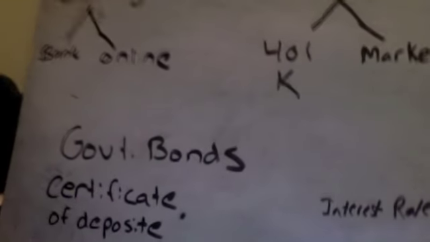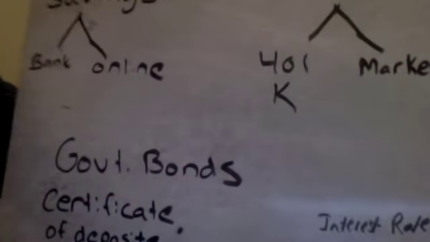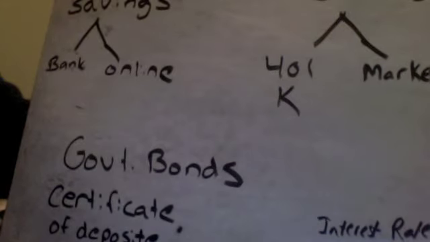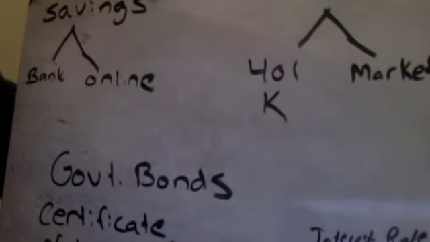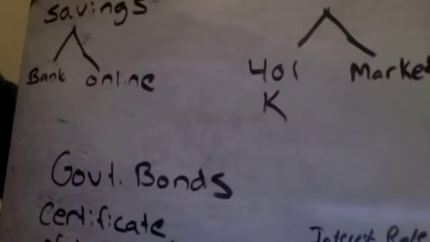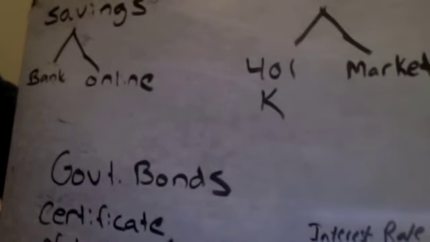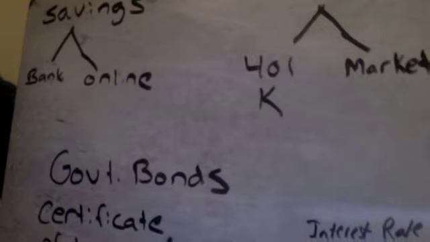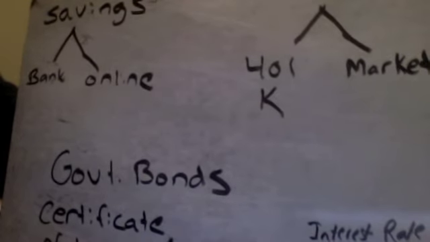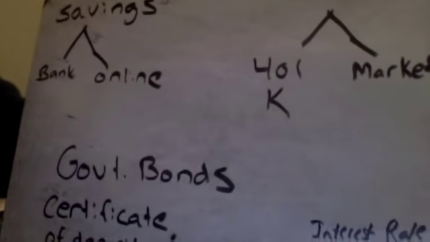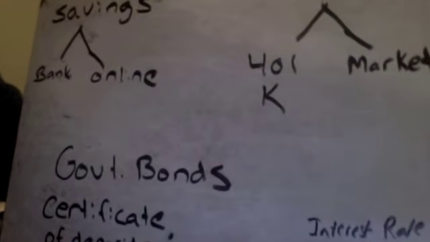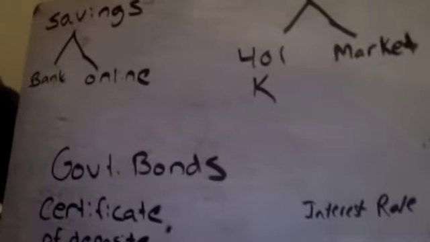Now, as far as a short-term, long-term option, savings is usually what you would consider a short-term option. You're going to put it in there for a while. You may take it out after a while. You don't have a real plan for it. You're just putting it there for some place to put it for now that's better than having it at home. Tax on this. Anything you make off of this, you have to pay taxes on.